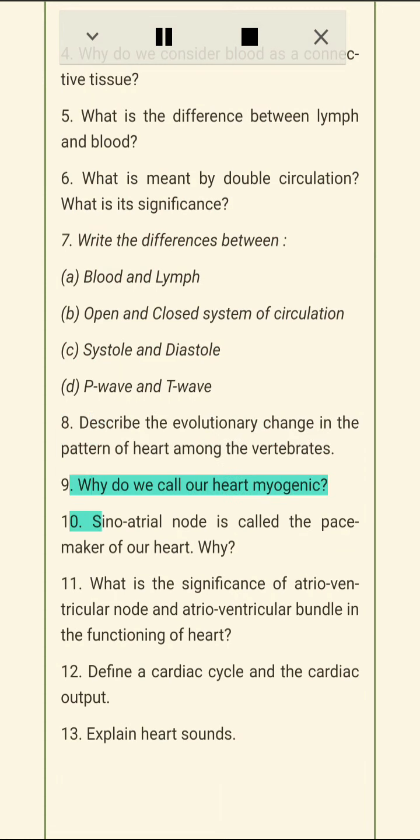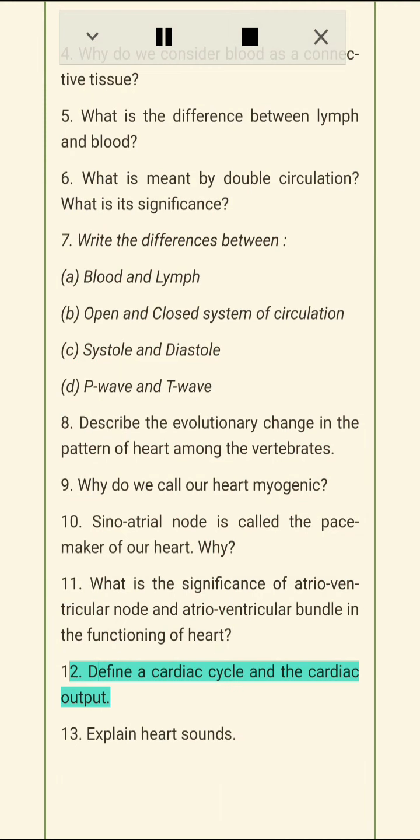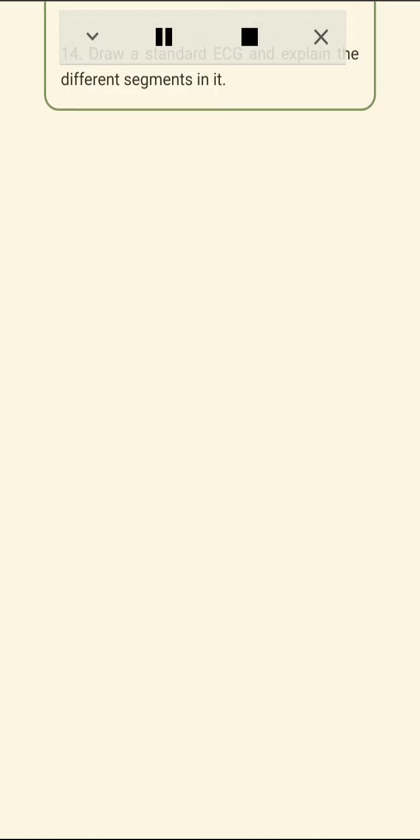8. Describe the evolutionary change in the pattern of heart among the vertebrates. 9. Why do we call our heart myogenic? 10. Sinoatrial node is called the pacemaker of our heart. Why? 11. What is the significance of atrioventricular node and atrioventricular bundle in the functioning of heart? 12. Define a cardiac cycle and the cardiac output. 13. Explain heart sounds. 14. Draw a standard ECG and explain the difference